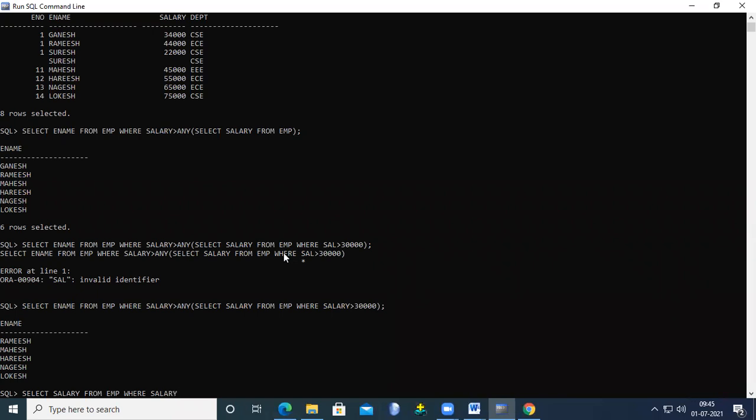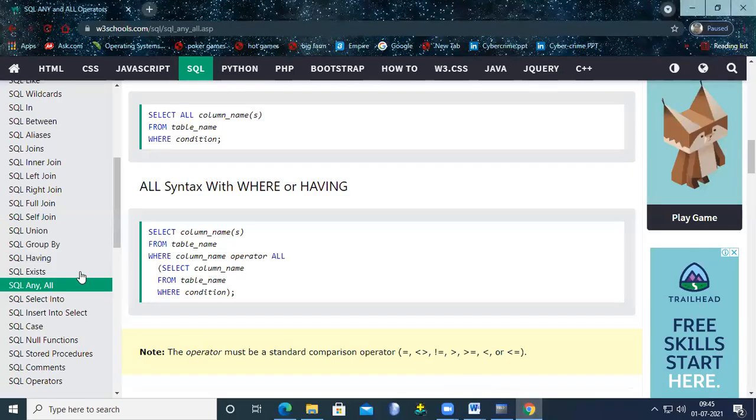First of all, we try to observe the syntax: select all column names from table name where condition.